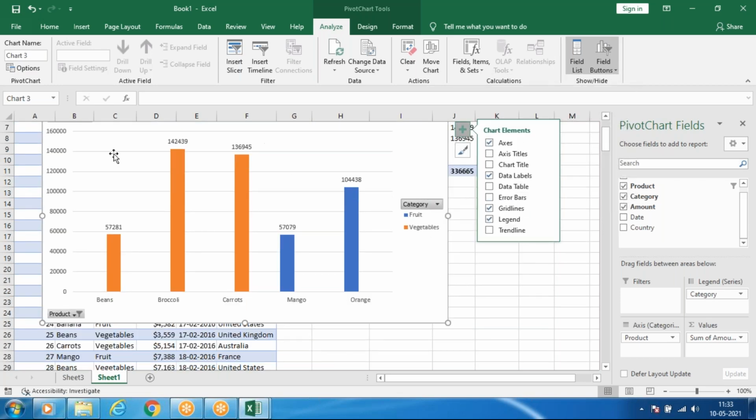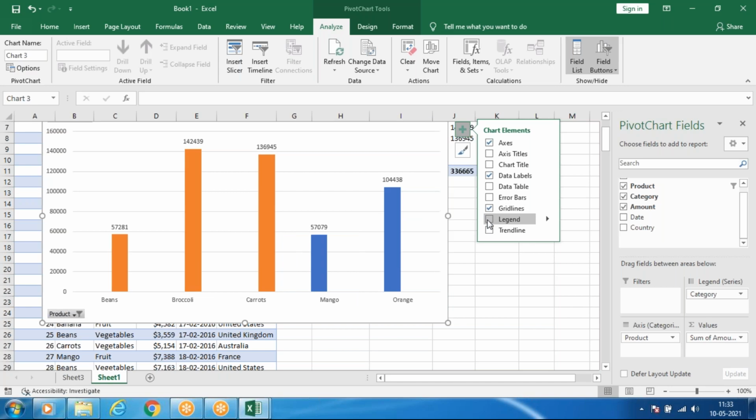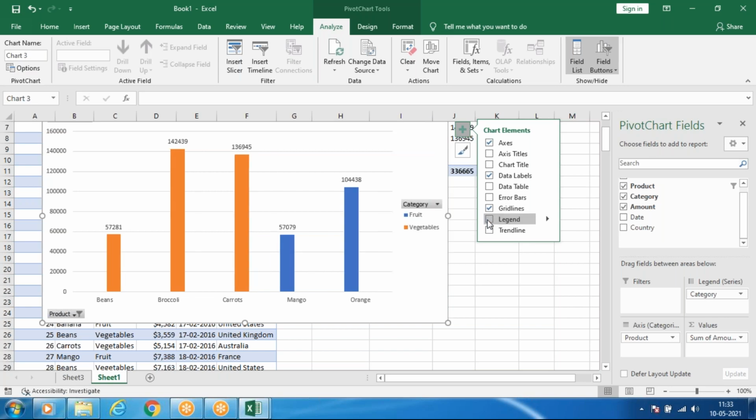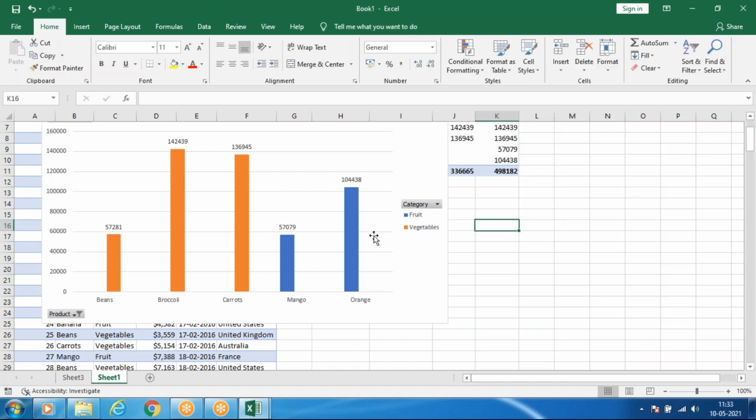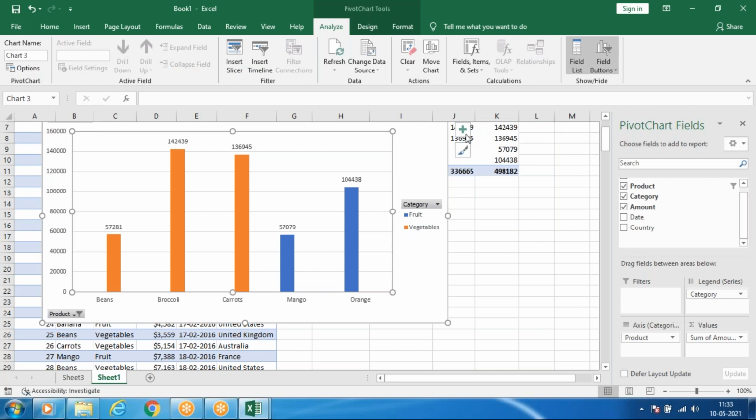If you don't want grid lines, the lines in the background, you can enable or disable. Like that, legends. Again same thing. Whatever you don't want, you can enable or disable in the chart elements.